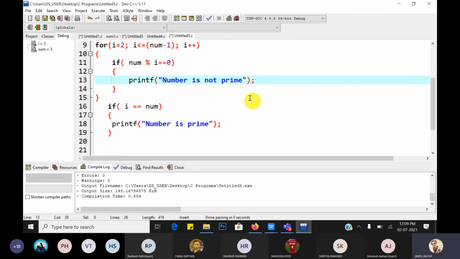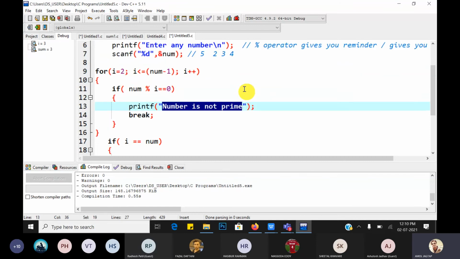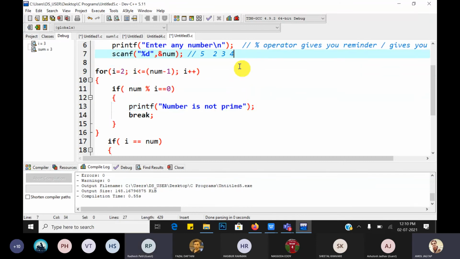But before that, we have to use one statement, that is break. For example 6, when we divide by 2, what is the remainder? 0. So 6 is not a prime number. Then do we need to divide it further?